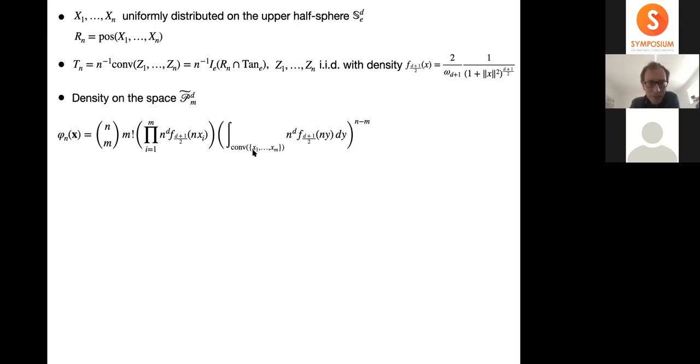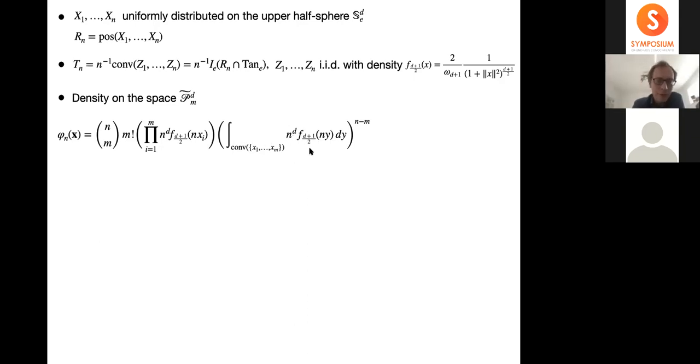And then there's a second factor, which takes into account all the other points which are not vertices. Well, if they are not vertices, they must sit inside the convex hull of the others, right? So, what is the probability for this? Well, it's just the integral over the convex hull of the vertices that we have chosen in the first factors